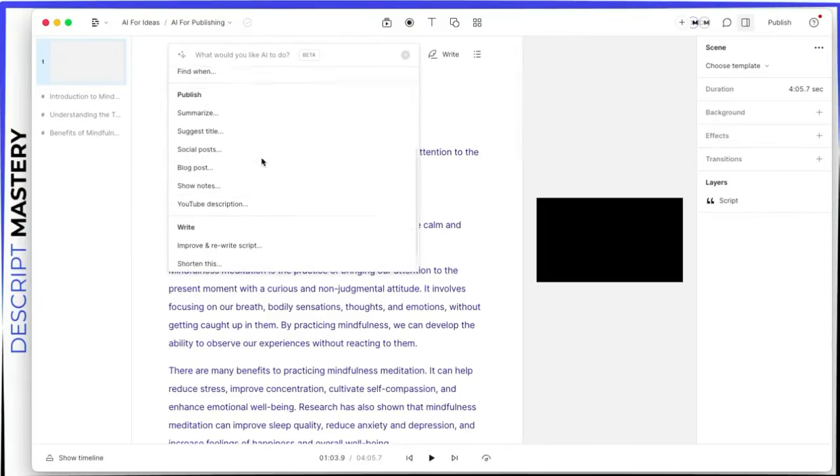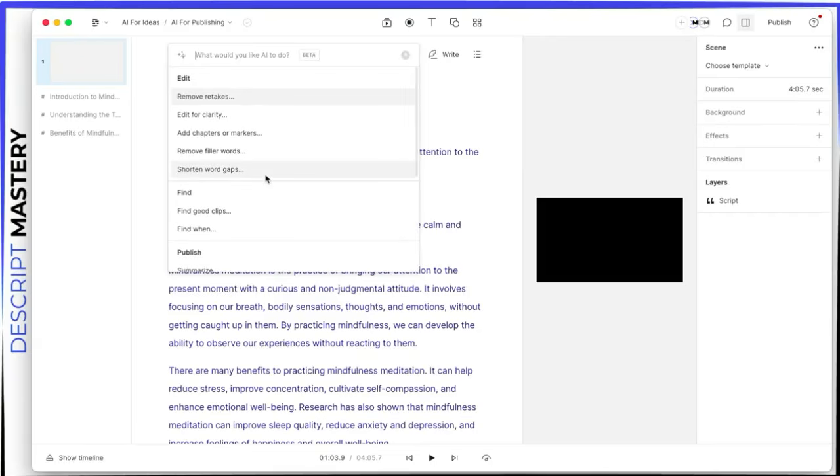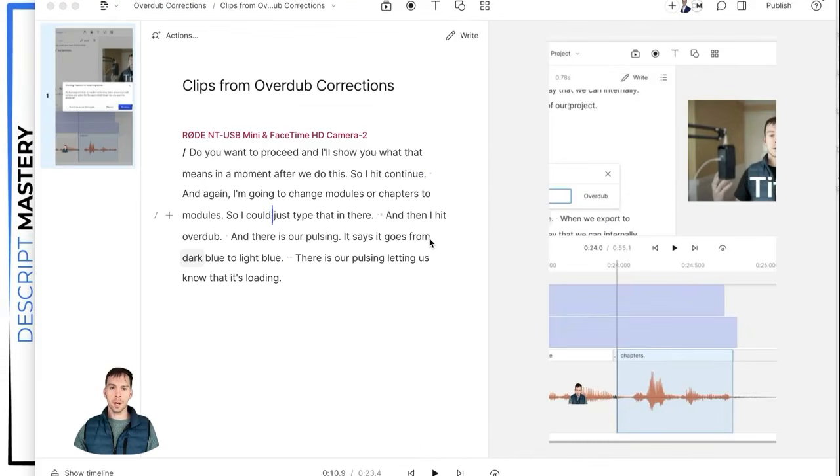Ask AI, down to publish. You can do show notes, again, for your podcast, or you can do YouTube description. So you get the idea on all those. This is just a way to generate, using what's in your script, the context of your script, things for the publishing step. Next, we're talking about how to comment on projects so you can communicate amongst your team